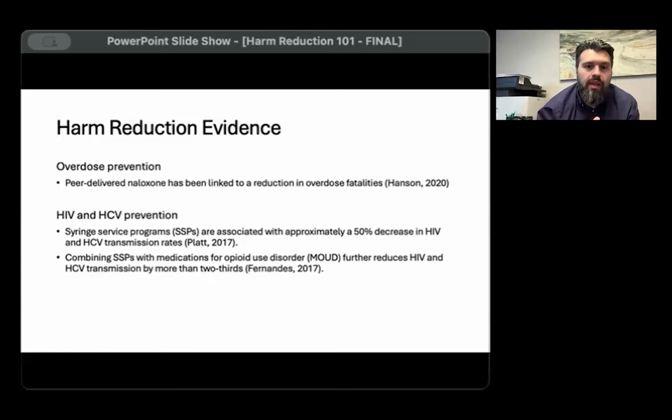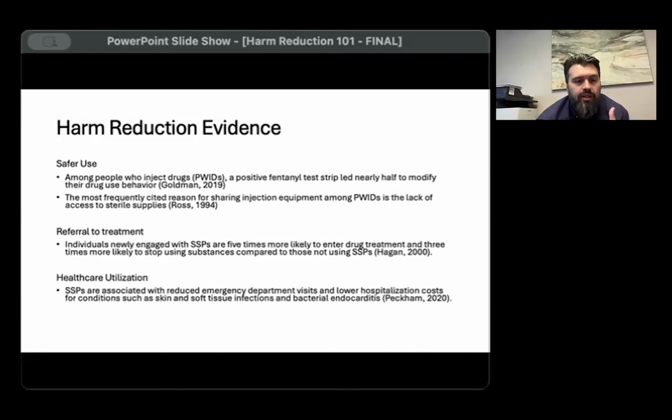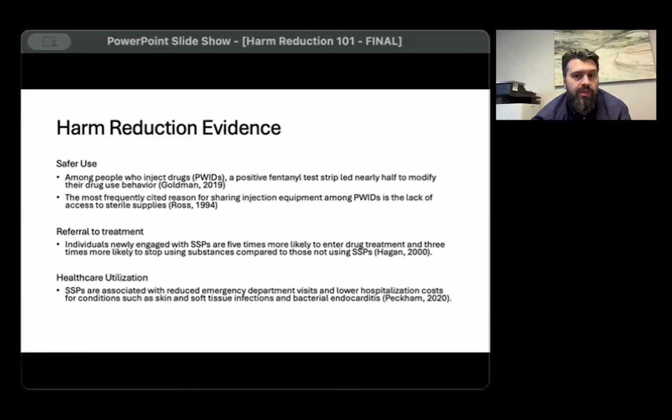So really important. A couple of other things that I think are important as well. Drug supply checking specifically has been shown to modify use. When people use fentanyl test strips to test their supply, they sometimes modify their behavior, and it's been shown to change their use to safer consumption than when they're unaware of what they're using. So again, providing these materials helps from a safety standpoint. What's great too is that these syringe service programs have also been shown, when patients go there to get harm reduction,